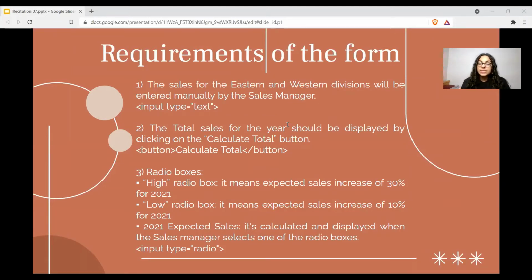The syntax to create a radio button is again to use the input tag where the type is radio. Also, you can use style to make the background color yellow or any color of your choice. You can write the style tag section in the head section itself and then make the background color yellow.